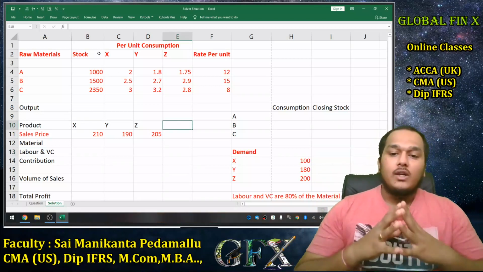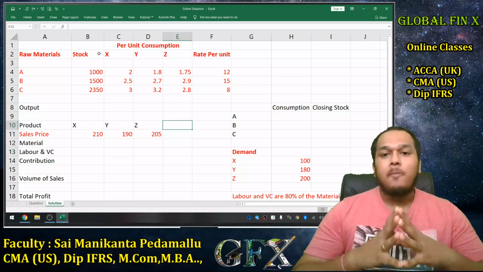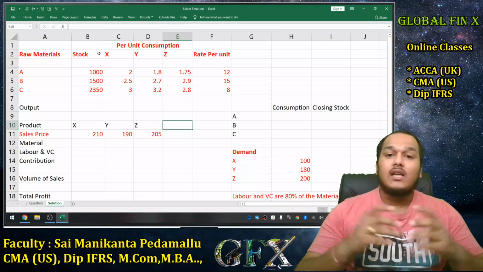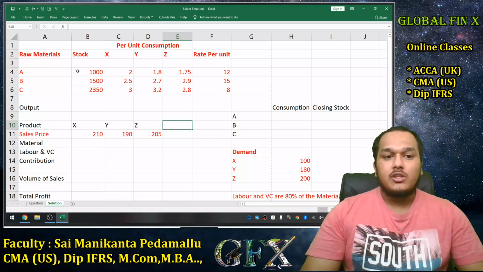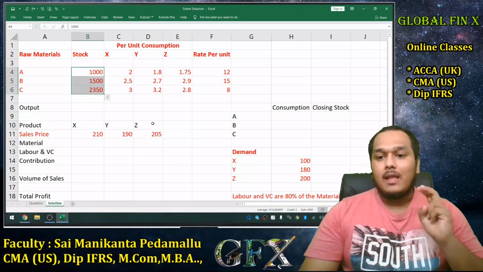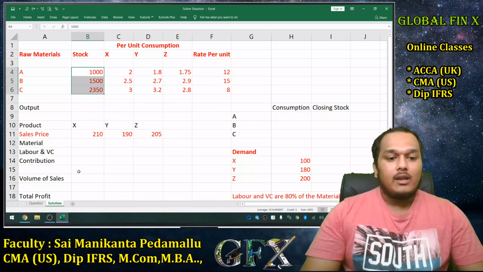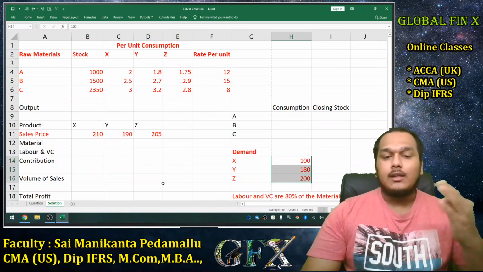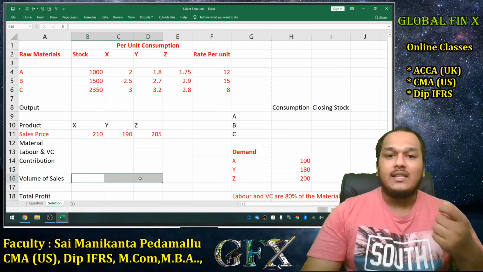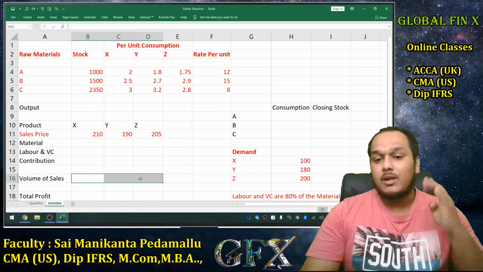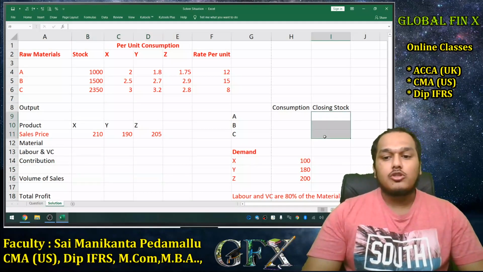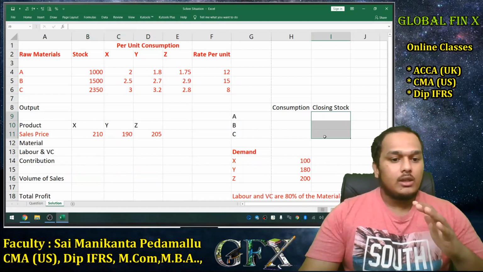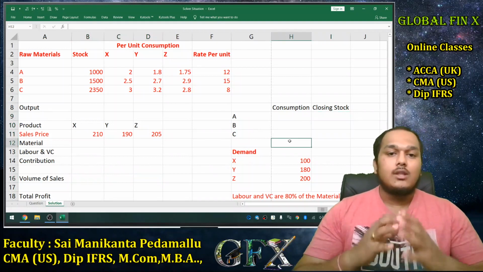See, so first, to solve this particular situation, we need to first list out our conditions, or understand our restrictions. So the first restriction is that the stock limitation is there. Second restriction is that my volume of sales should meet at least my demand. Third condition, volume of sales should always be an integer. That means fractions are not possible. Fourth condition, my closing stock should never become zero, right? And I hope those are the conditions here. Yeah, those are the conditions. Now let's start with this.